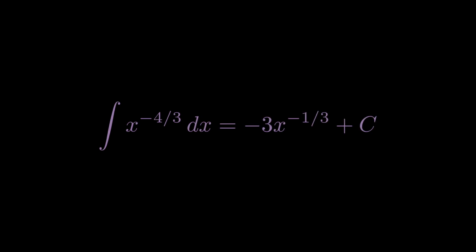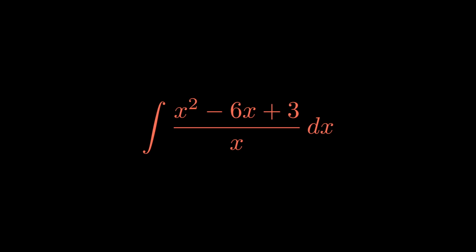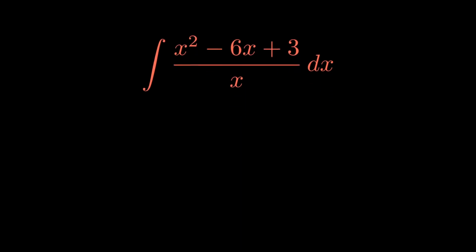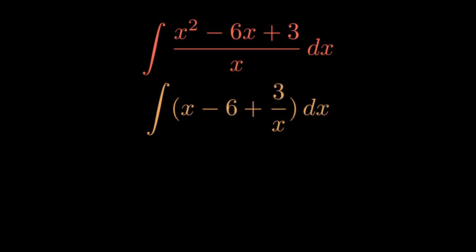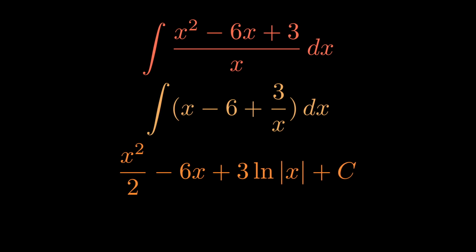c, the integration constant. Now another example is x squared minus 6x plus 3. Now let's integrate x squared minus 6x plus 3 divided by x. So again, I have a single variable in the denominator. It makes sense to use polynomial division, and I get x minus 6 plus 3 over x. And now I can integrate this to get x squared over 2 minus 6x plus 3 times the natural log